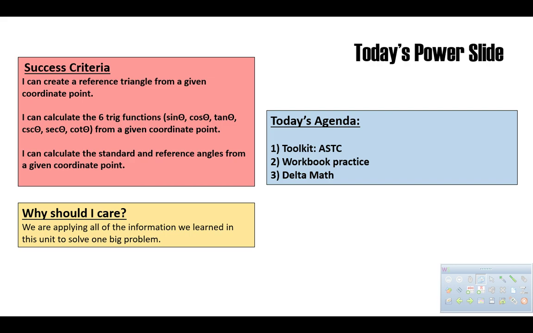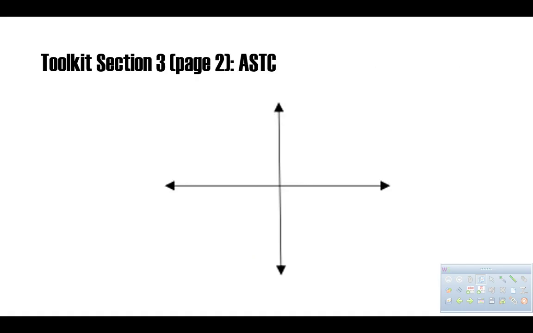And we're going to continue to calculate standard and reference angles. The difference is, yesterday we had the standard angle and we were finding the reference angle. Today we're going to have the reference angle and we're going to find the standard. The idea is the same, the concept, the relationship is the same. It's just we have the other one. So we are going to be in our toolkits on page 2. All right, so when we start to incorporate sine, cosine, and tangent in 4 quadrants, we're going to use this